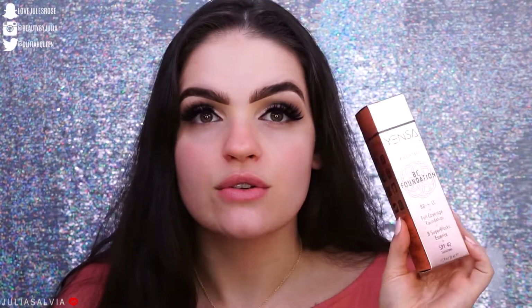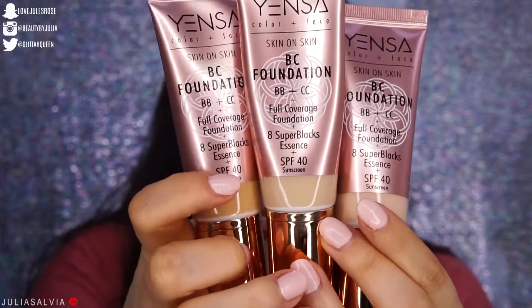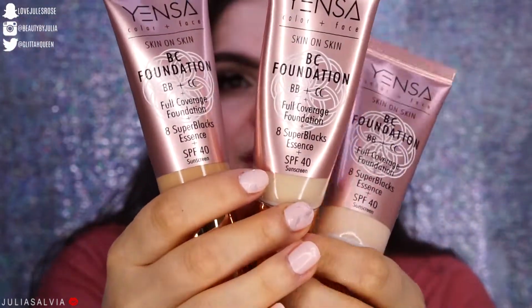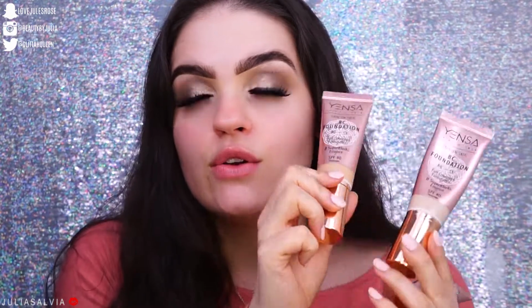My shade that I'm going to try on for you guys today is Light Neutral. This is the second lightest in the collection. So there's the shade I'm gonna be putting on right in the middle. Here's the shade darker and the shade lighter. There's definitely some shades that can go in between, because right now I'm actually in between these 2 shades. So if anything, I will be mixing the medium warm with the light neutral. But either way, usually foundation lines, when they first come out, start small and then grow bigger and bigger as more reviews and suggestions are given by the consumers. So with all that being said,